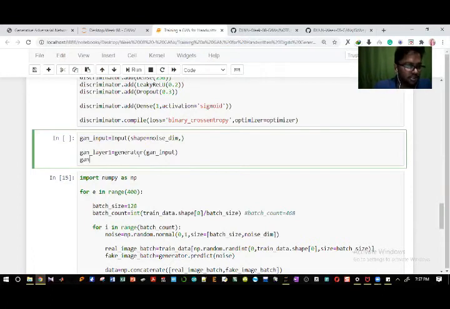And GAN output will be like the discriminator. So that method, right? So then